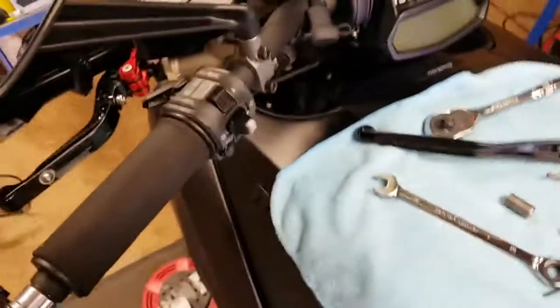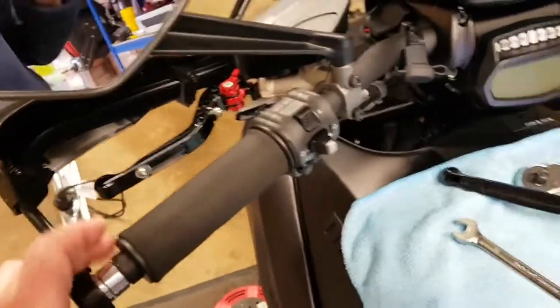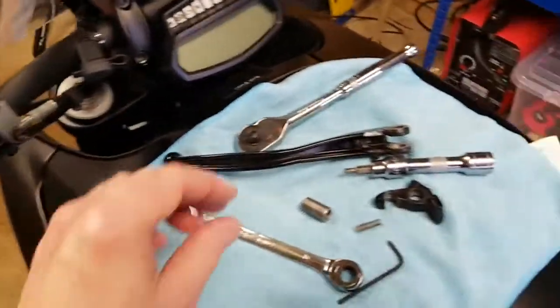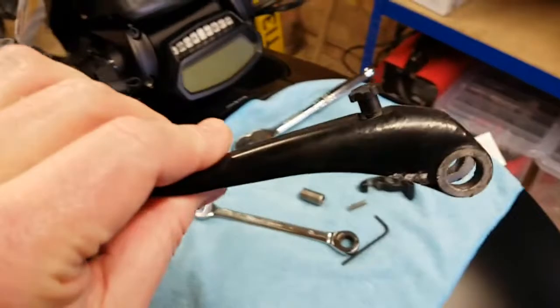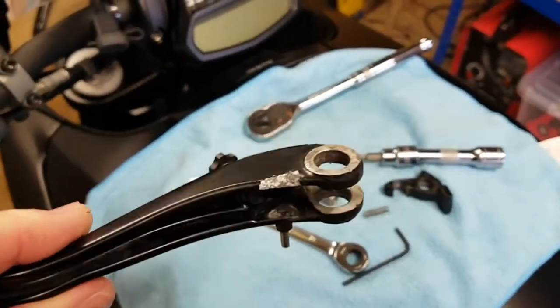Hey guys, I wasn't going to film this, but in the end I thought there's a couple of ways you can cock this up, so I decided I would film it after all. This is a Ducati Diavel. As you'll remember,